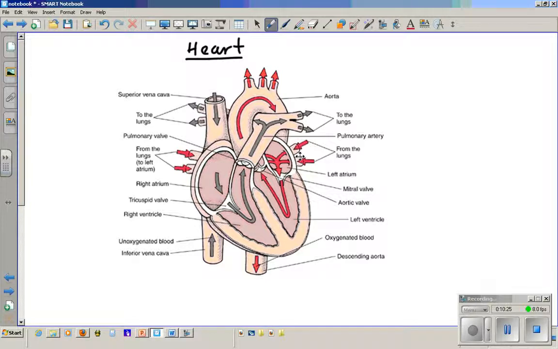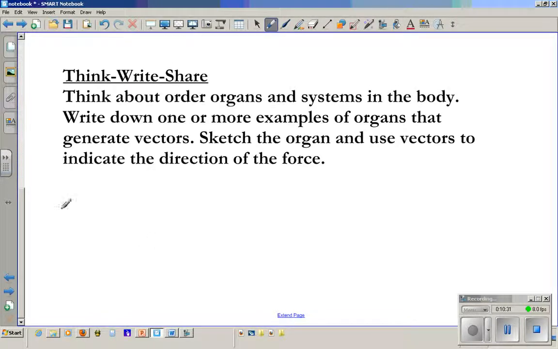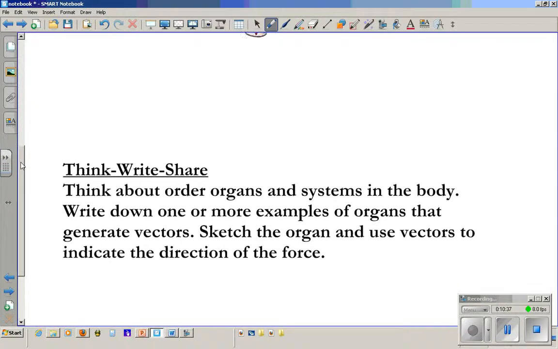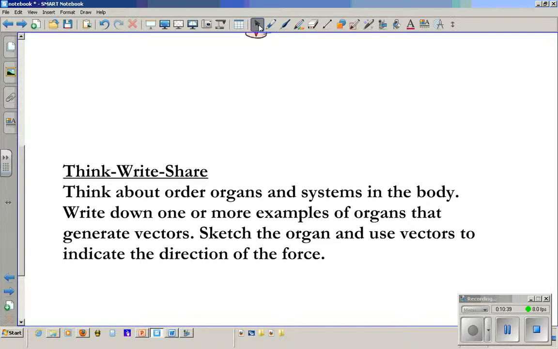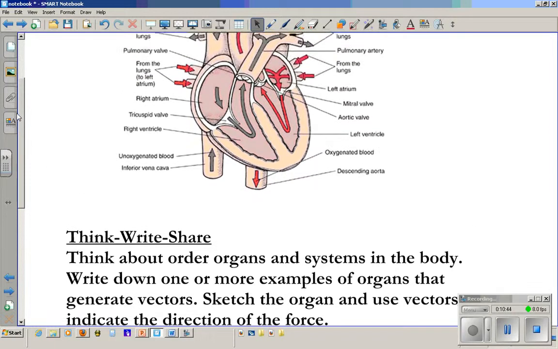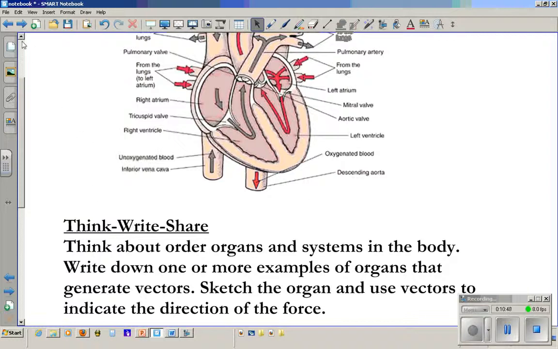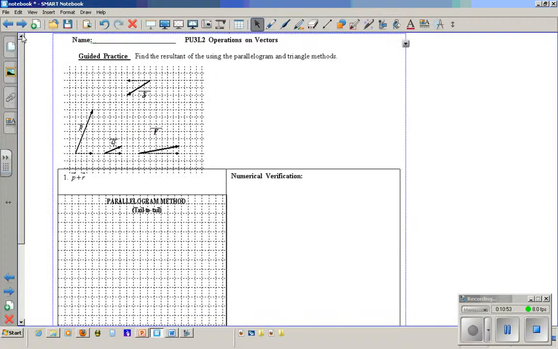Now I'm going to challenge you with this. Think, write, share. All right, now let's take a look at some examples. Looking into your worksheet,